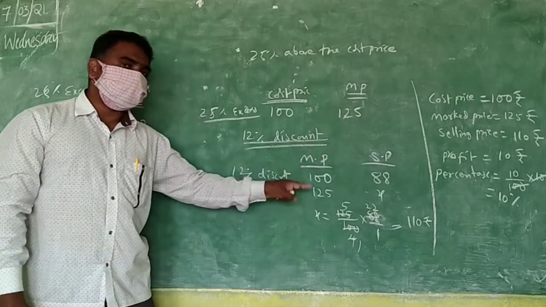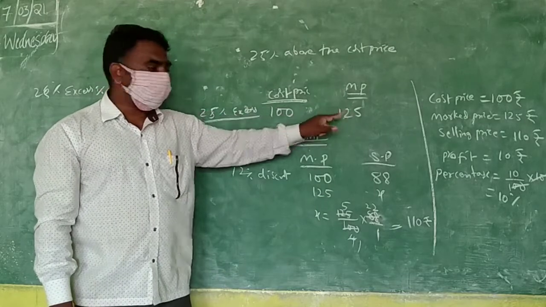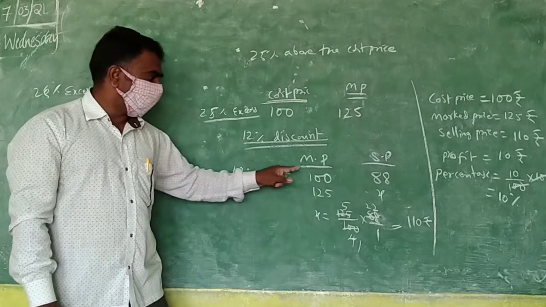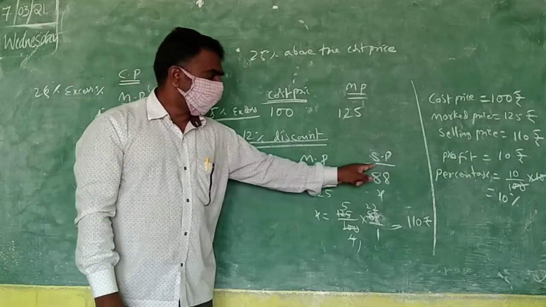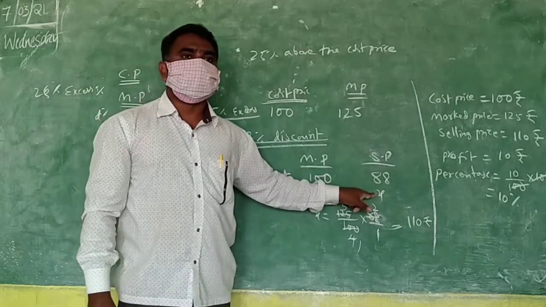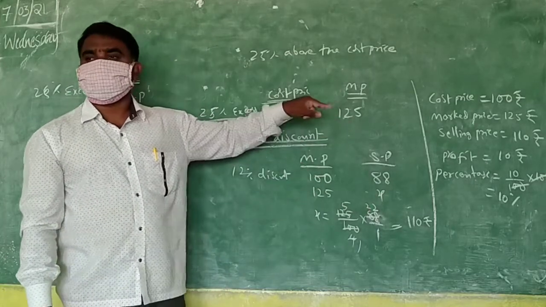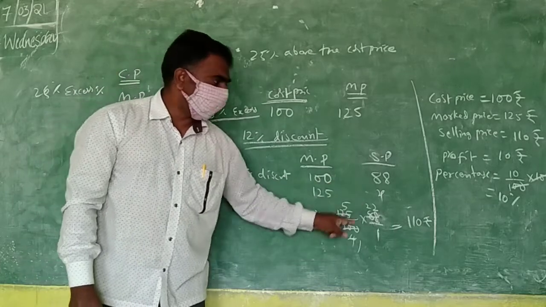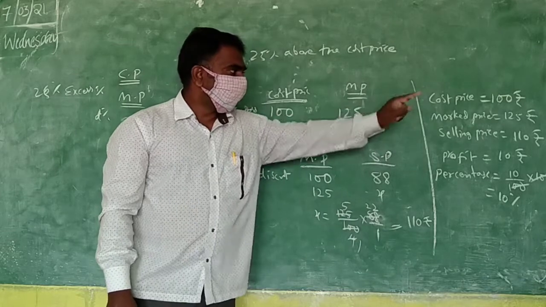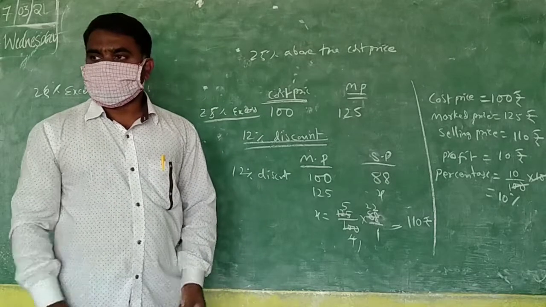Now why can't I write the discount directly on 125? Because the percentage is for 100, but the market price here is 125. I can't take 125 directly. That's why, according to the discount, I have written 100. Then what is the SP? 88 rupees. Then I take 125 and calculate it. This 12% is for 100 only, but I want to find it for 125. So I have found how much it is for 125. How much did you get? 110. Then cost price 100 rupees, market price 125, selling price 110. He got a profit. Okay, note down this.